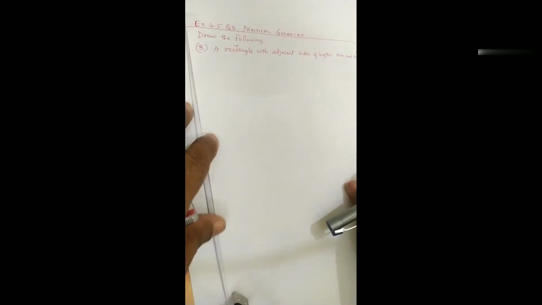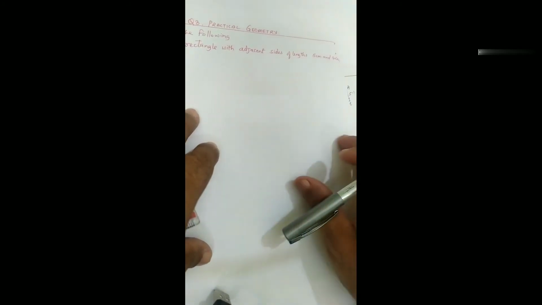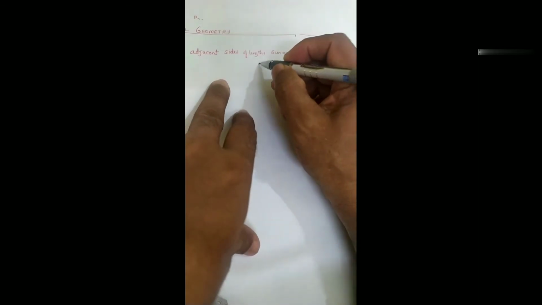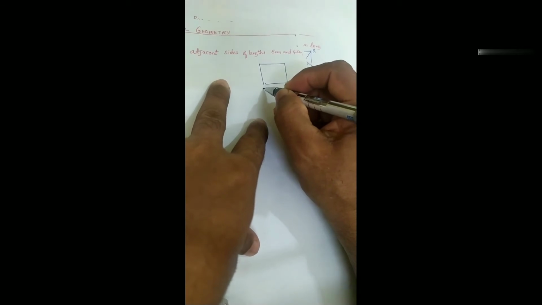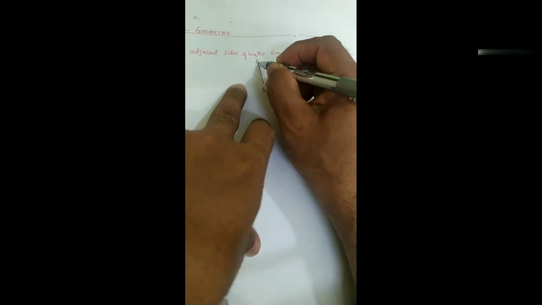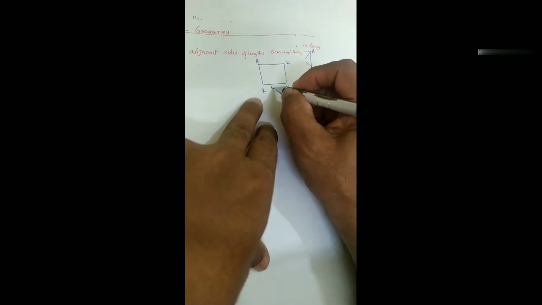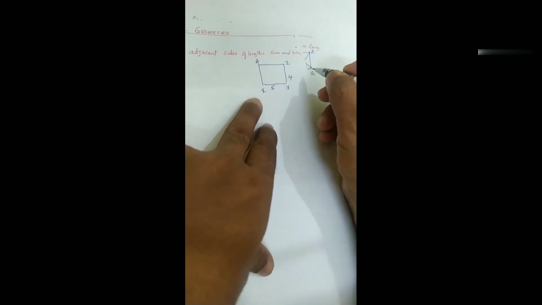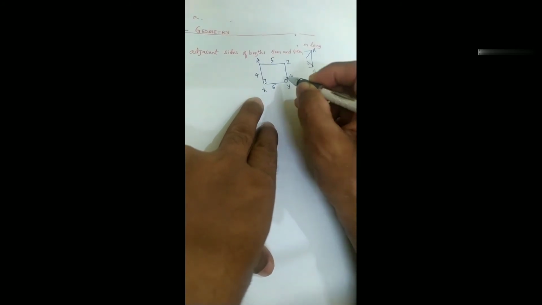So next one, as we have done many constructions, we have done it a little bit fast. So next one is the rectangle with the adjacent sides of length 5 centimeters and 4 centimeters. More or less we can draw a rough diagram. Say we will give X, Y, Z and A. This is the name. So this is a rectangle with the adjacent side, means one of the sides is 5 centimeters and this is 4 centimeters. It necessarily means this is 5 and this is 4, at the same time this is a right angle.